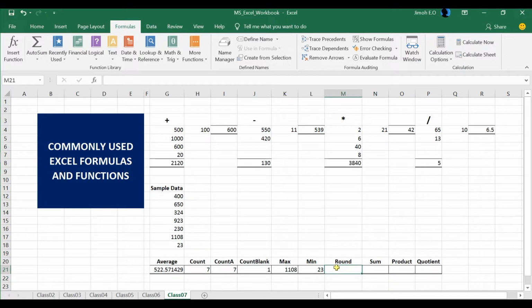Alright, so for round, we need to round up to some decimal places. So for us to practicalize the round function, I'm going to round the average here to some decimal places. Since the average here contains some decimals, it will be best to use it to demonstrate how the round function works. So I'm going to do equal to round